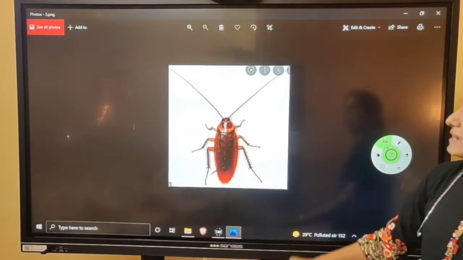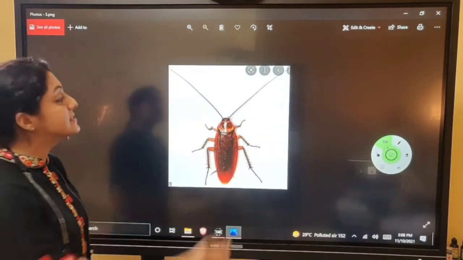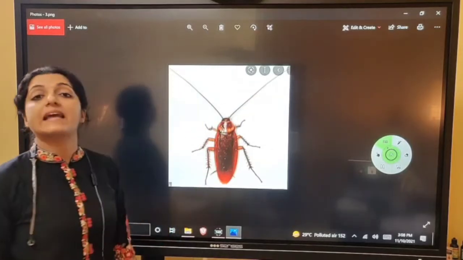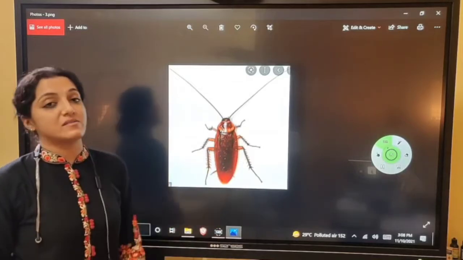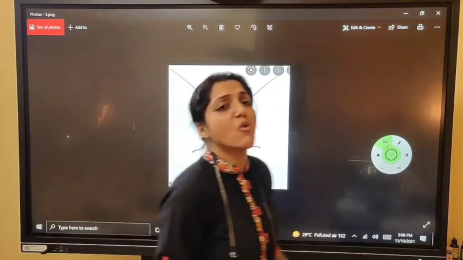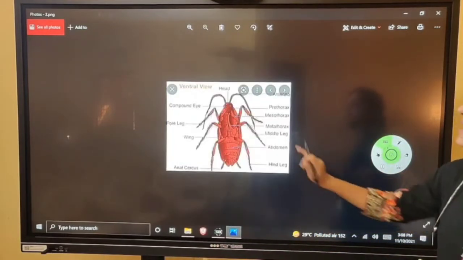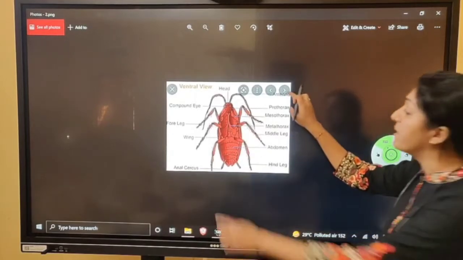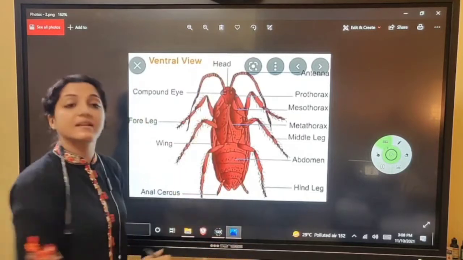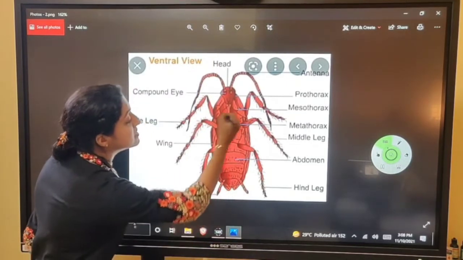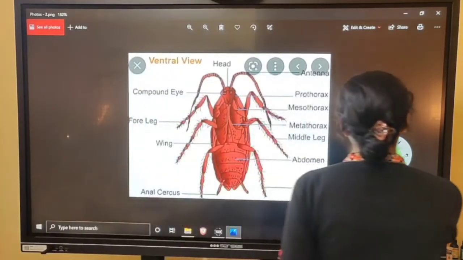All right. And see now, you can see that the cockroach has a head. It has these two antennae. It has two eyes, three pairs of legs. We will be discussing all this. The general color of the cockroach is going to be brown and black. All right. And on the ventral side, we can see that the body is segmented. See, segments are present in the body. The body is not one single piece. The body is segmented. Segments are present in the body. Alright, so we will deal with all these things.